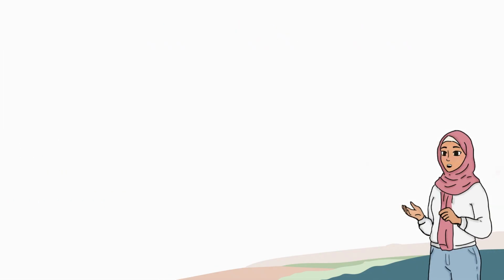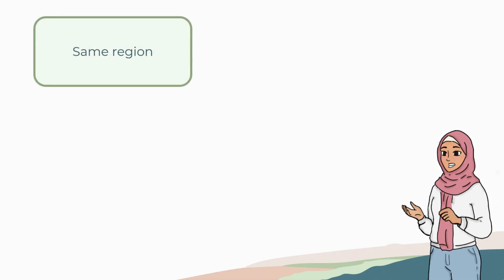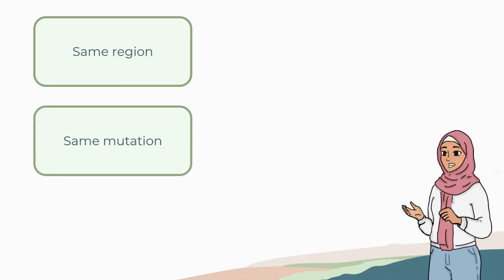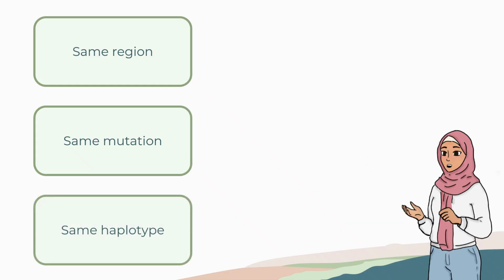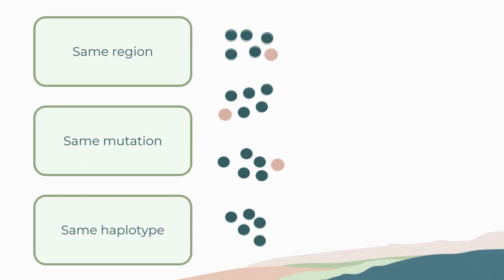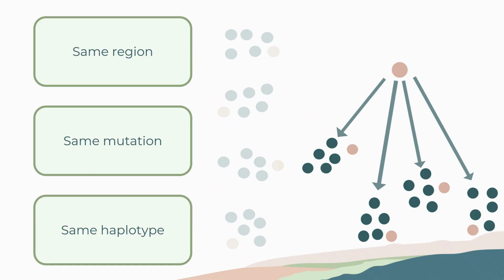First, all 4 families are from the same place in Japan. Second, they all have the same exact rare mutation. Third, they also all have the same haplotype around the NEFH gene, which implies that instead of this mutation randomly arising 4 separate times, it was more likely that it was inherited from a single ancestor. Oh, you know what? It does make more sense that the mutation is a founder effect rather than multiple de